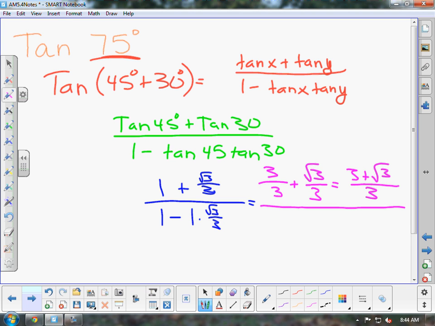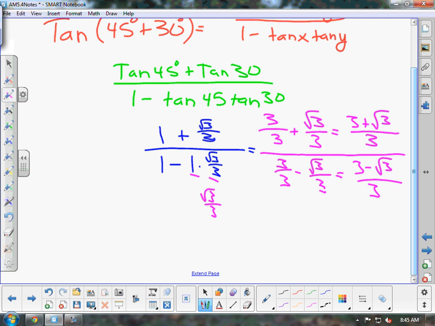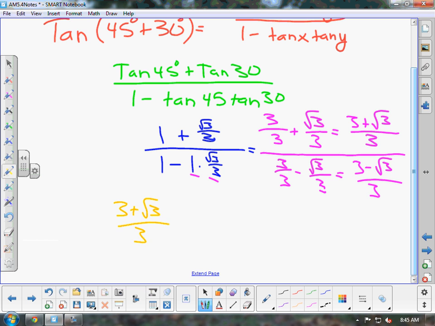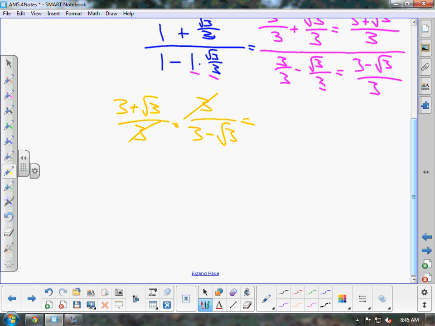And do the same thing in your denominator, multiplying these two together, you just get the square root of 3 over 3. And here you'd get 3/3 minus the square root of 3 over 3 equals 3 minus the square root of 3 over 3. And then because you have a fraction inside of a fraction, you would multiply by the reciprocal, which would then have 3 plus the square root of 3 over 3 times 3 over 3 minus the square root of 3. The 3's would go away, which gets you 3 plus the square root of 3 over 3 minus the